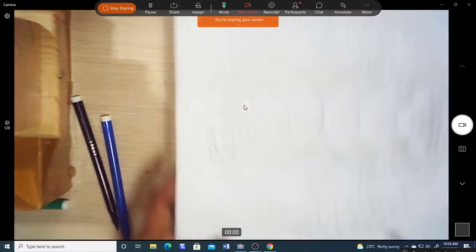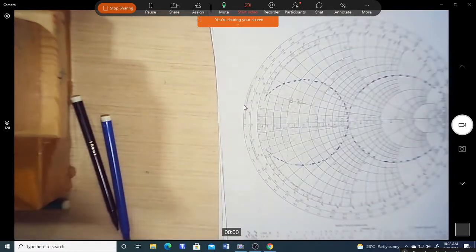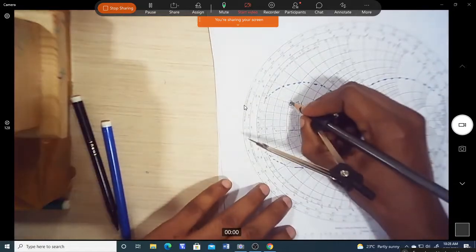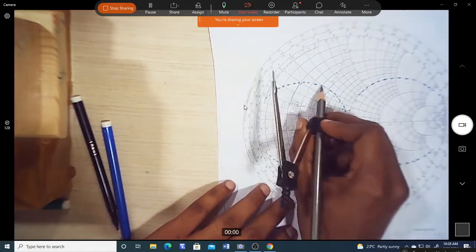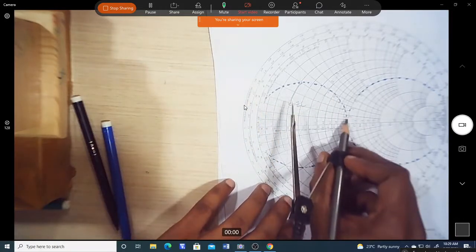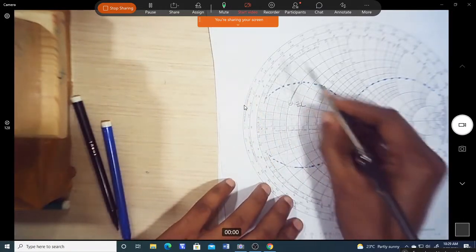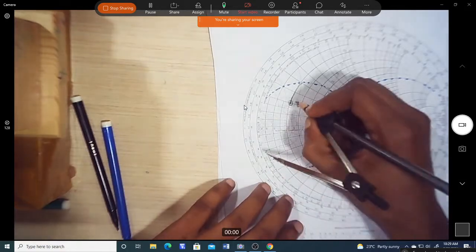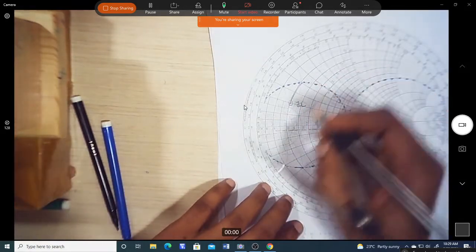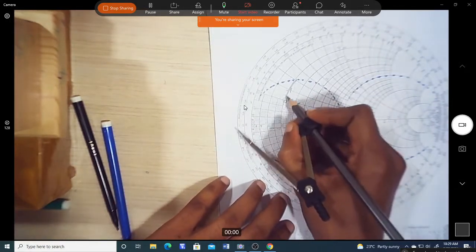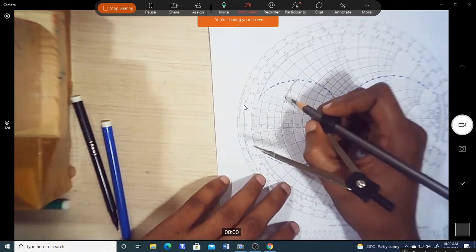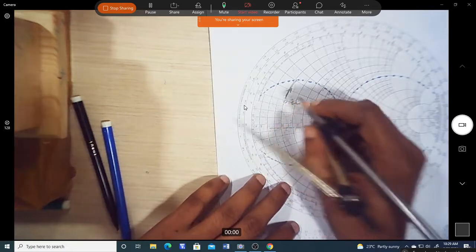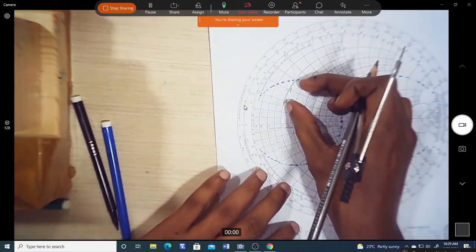Okay. So now for the first solution, we have to move until we reach the unity conductance circle, because after that we need to move to the center of the Smith chart through this value. So this is the first element. We are moving on the resistance circle upwards, which is a series L. Now how much is the difference in the reactance that you see?